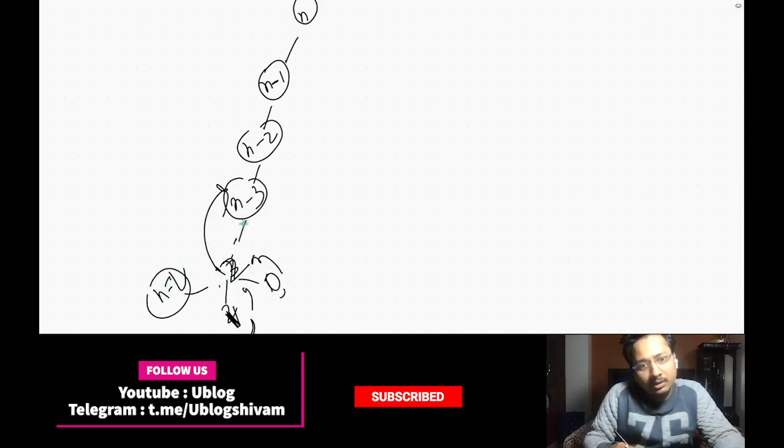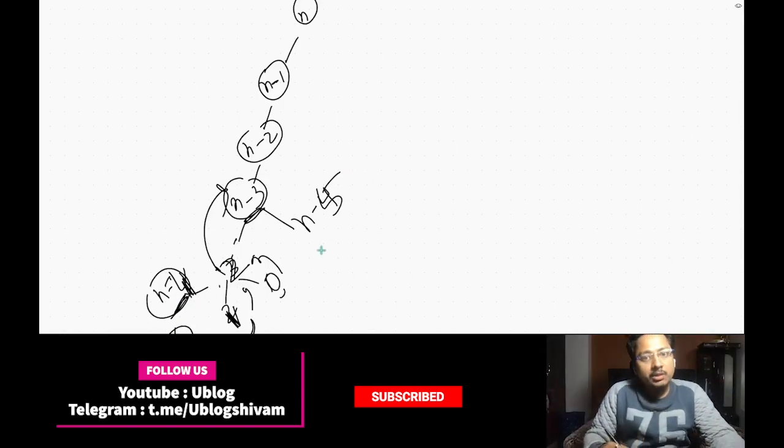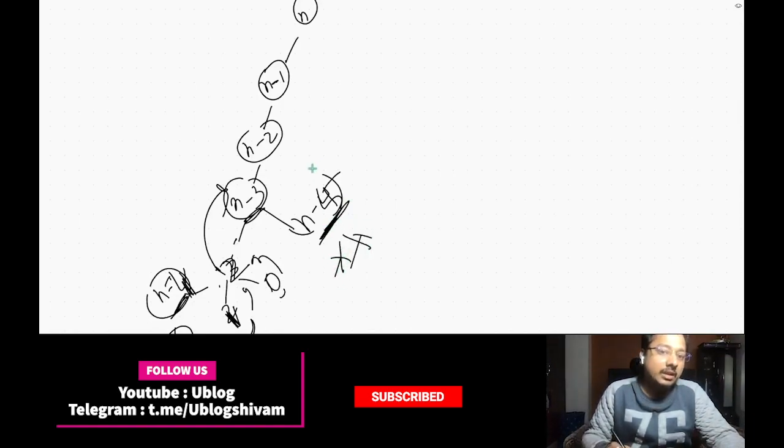Now since we have calculated n minus 2, next we need to calculate n minus 4, and n minus 5 here. Before calculating n minus 4, we would have already calculated n minus 5. So when we return the value of n minus 4 here and need to calculate n minus 5 again, we have already calculated it. So this right node will not have these two children. It will just return the value because it's already stored. So any right node will not be subdivided into subproblems.